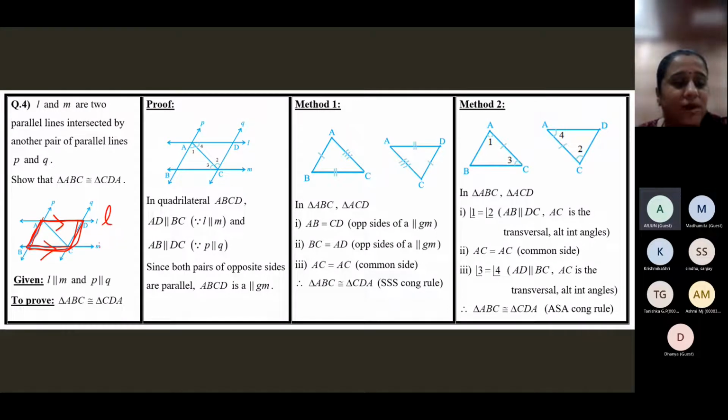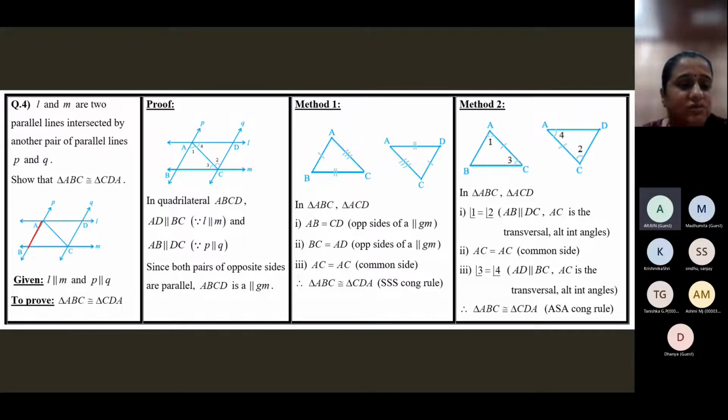Because L is parallel to M. It is not given that AD is parallel to BC, but we know that L is parallel to M. And what is AD? It's a part of L. And what is BC? It's a part of M. See here, AD is a part of this line L, and BC is a part of this line M. Since L is parallel to M, AD will be parallel to BC. So AD is parallel to BC because L is parallel to M. Also,